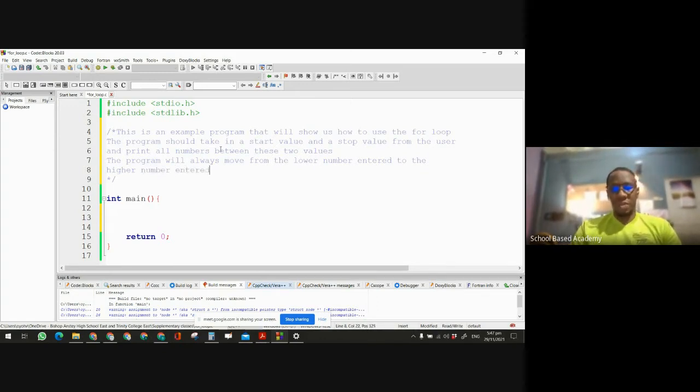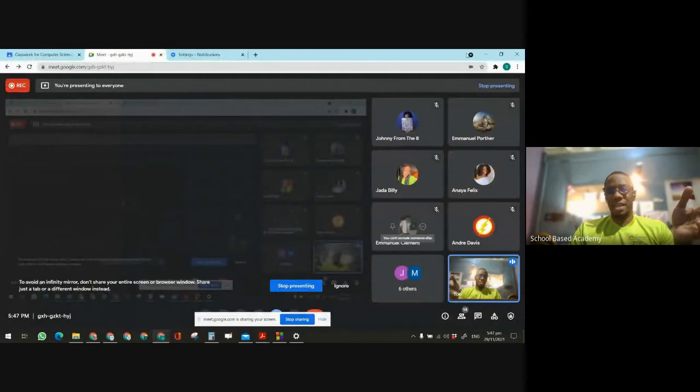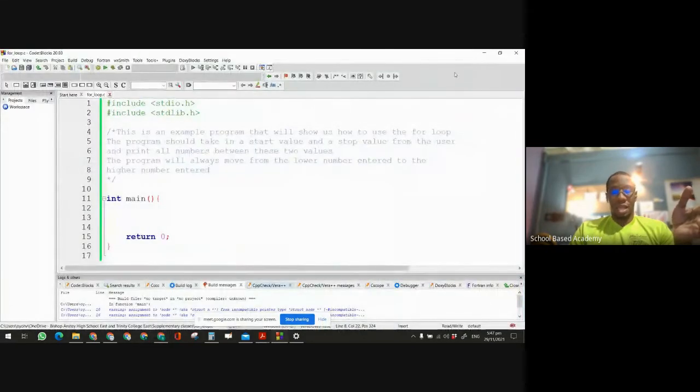So we could write a program and say, let's go from the smaller number to the higher number by letting them enter the smaller number first and the higher number second. And that'll be cool. Except,